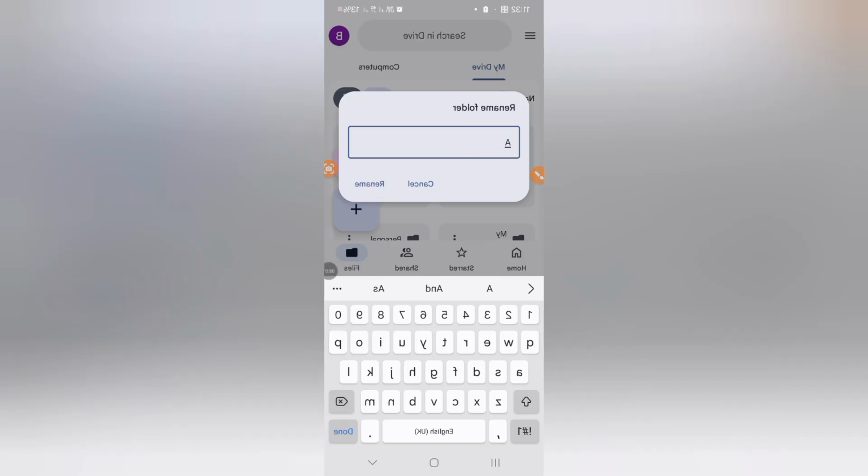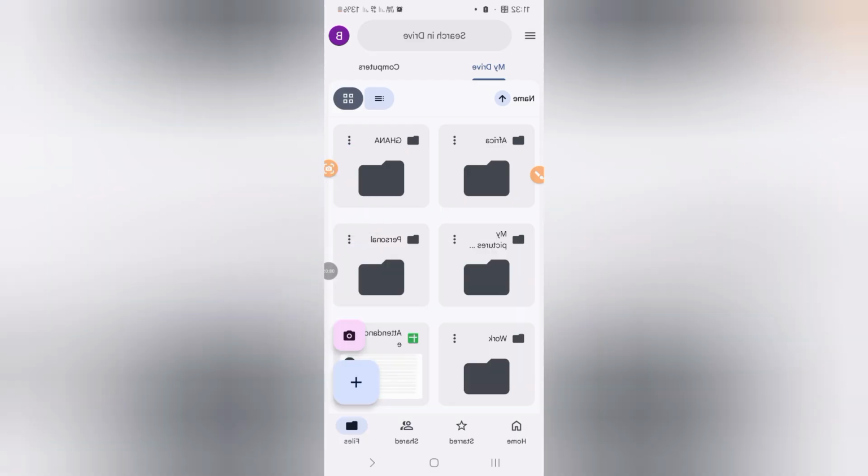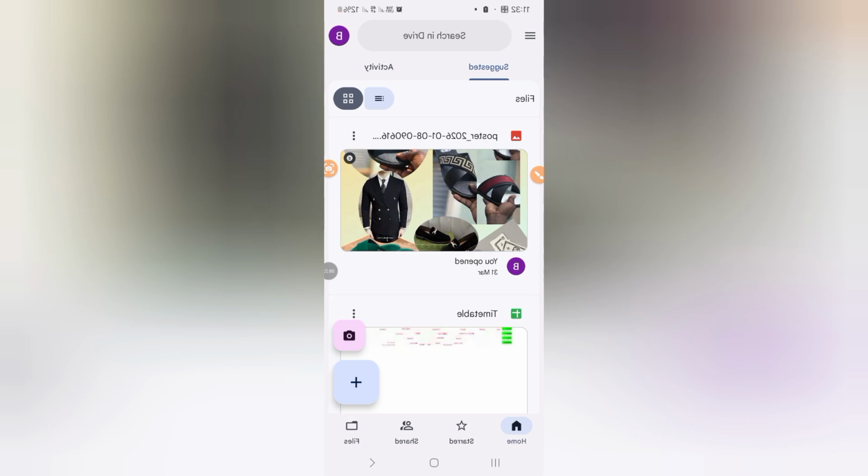So let me do it Africa. Africa. So you can name it with any name that you want, any title that you want. Yes, I've named mine Africa. So let's get back to the home. You see the home button? Yes. So here, under there, we have the home, we have the start, we have the shared, we have the